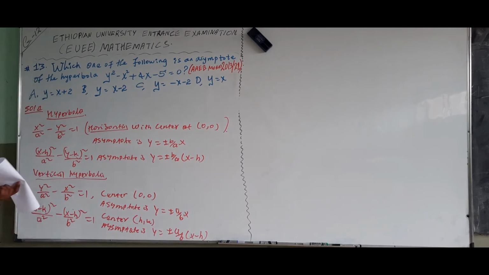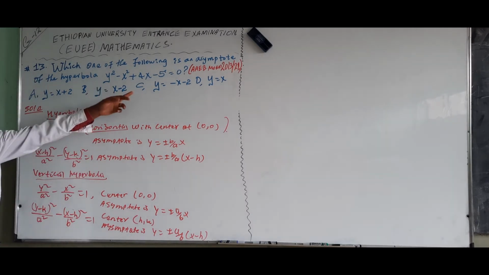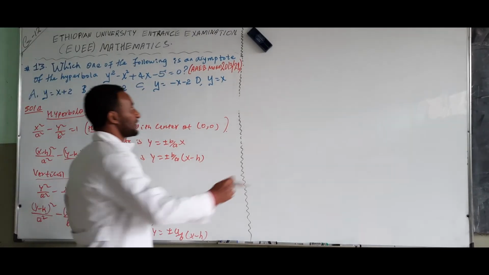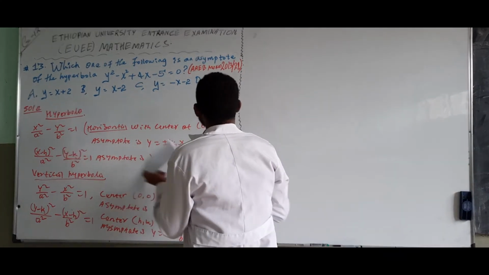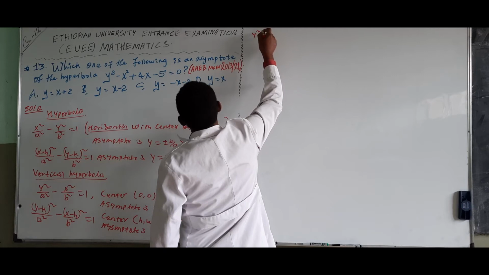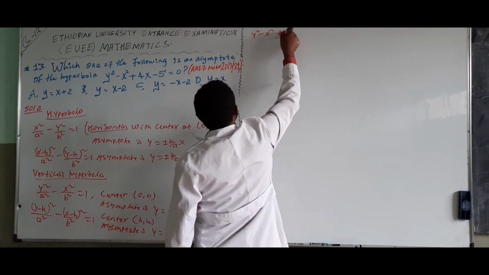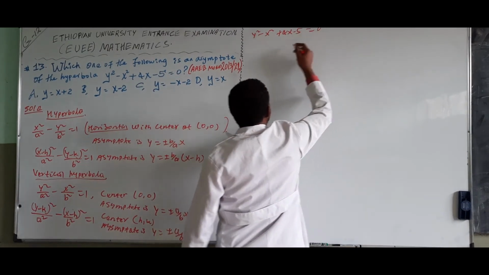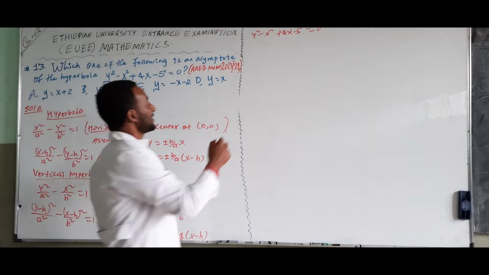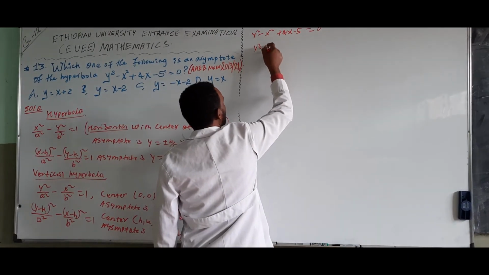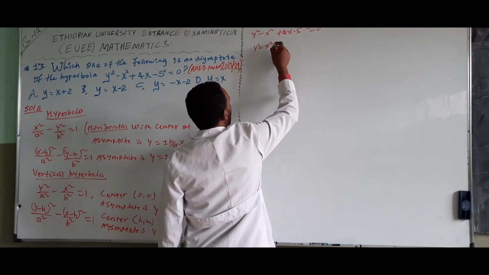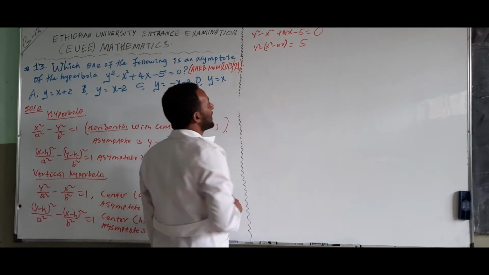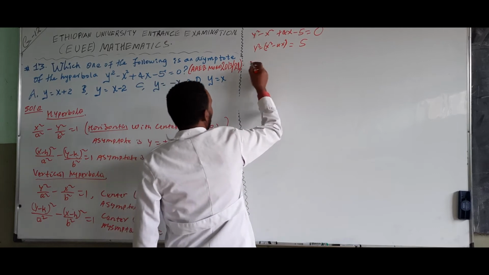to find the asymptote of this hyperbola, we have to change the given general equation of the hyperbola into the standard equation of hyperbola. Then y square minus x square plus 4x minus 5 is equal to 0 can be written as y square minus x square plus 4x is equal to 5. Then we can rewrite this as